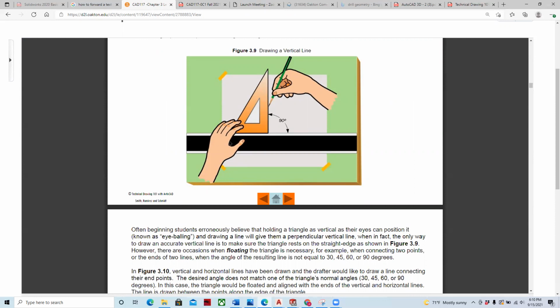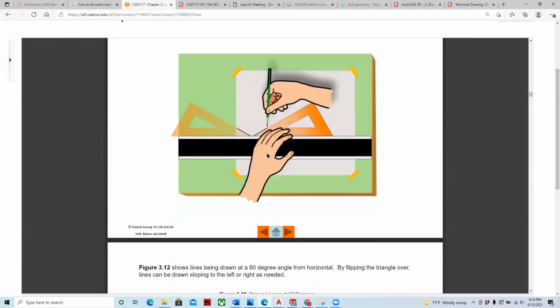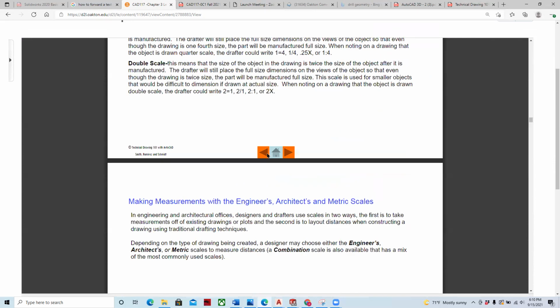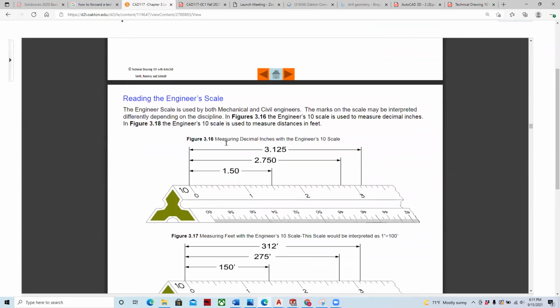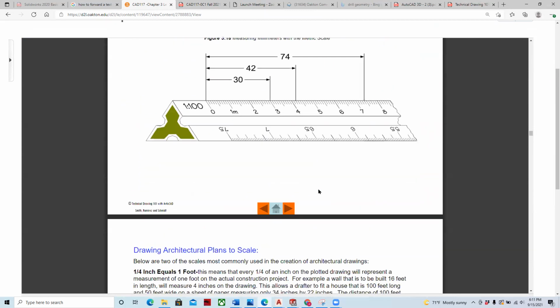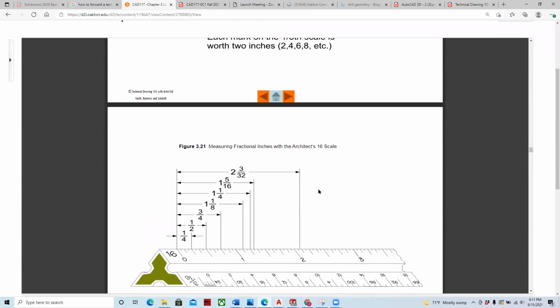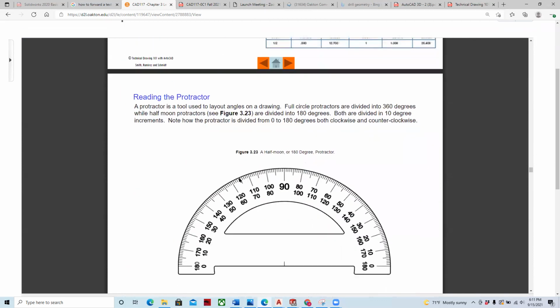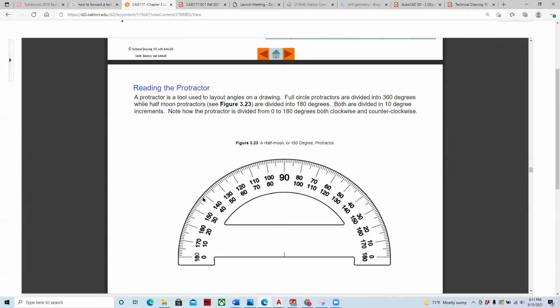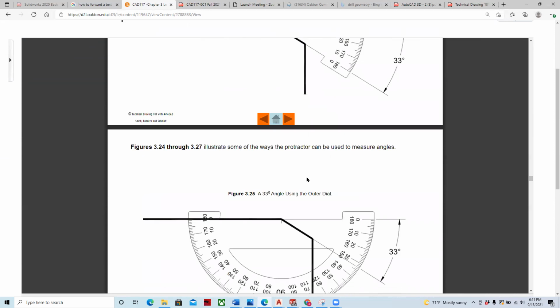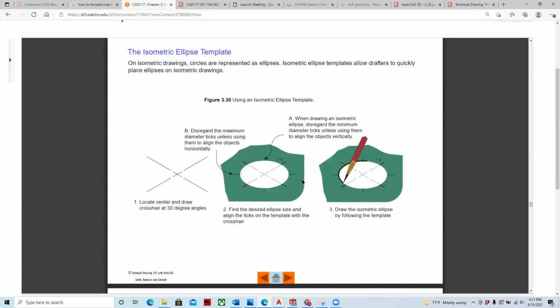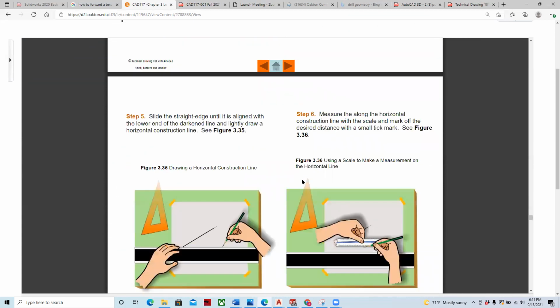You have to get the paper, you have to scale the paper, you have to have a lot of tools to be able to work with pencil drawings. And then you have to calculate the measurements with a ruler as we go through and we create those shapes. So it's basically an understanding of how traditional drafting techniques work. Working with protractors, angles, takes much, much more time to create pencil drawings than it does to do CAD